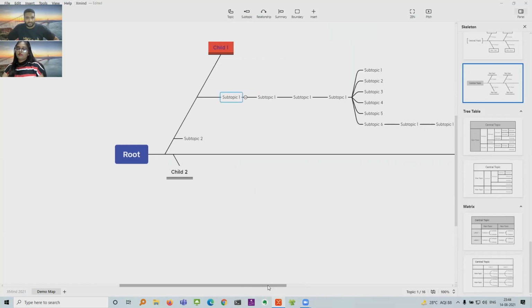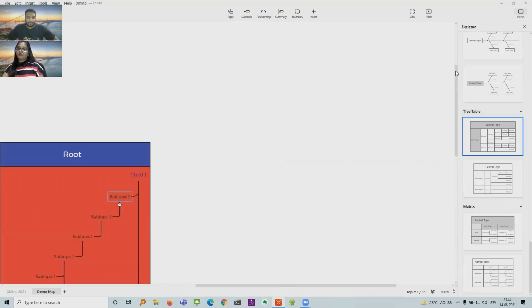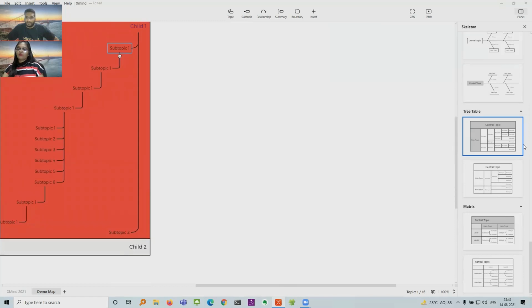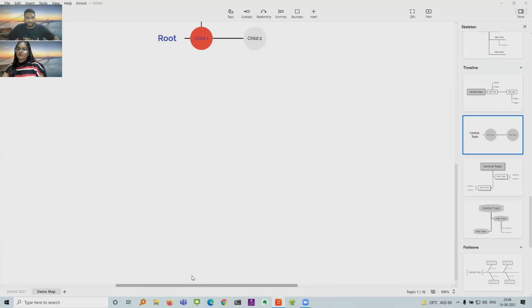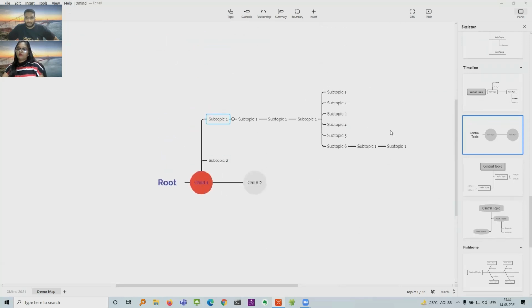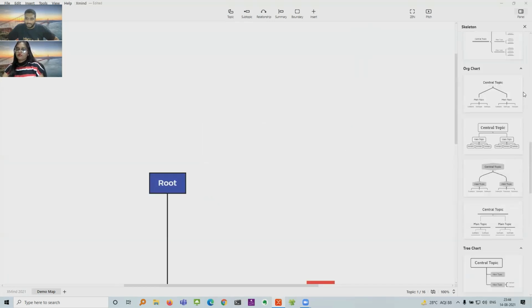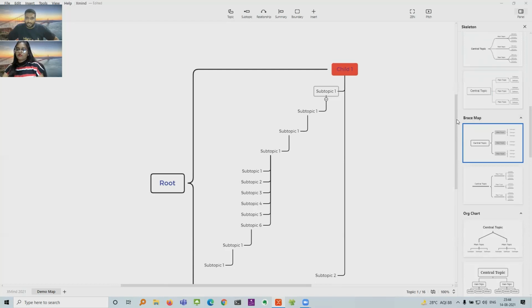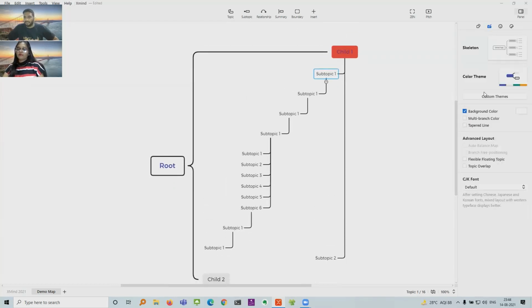If I've created something in one structure and I just want the representation to go in a different map, I can directly click here and it will automatically do that for me. Or if I want to make it a timeline, I could directly create it like that, with how it should be represented at the timeline level. So that's pretty cool that on a click of a button you can directly manipulate and play with that. So that's about the skeleton and themes.